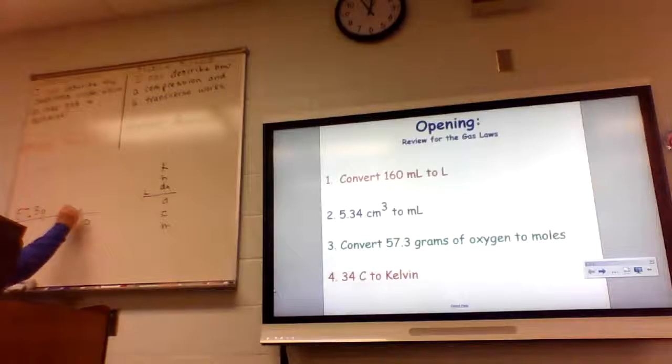Grams goes at the bottom, moles goes at the top. What goes beside moles if there's no balanced equation? All you have to remember is, is it or is it not diatomic? Is oxygen one of the 7 diatomics? Yes. So O2, what's the mass of oxygen? 16. 32. Because oxygen is diatomic. So what do we get when we say 57.3 divided by 32? 1.79